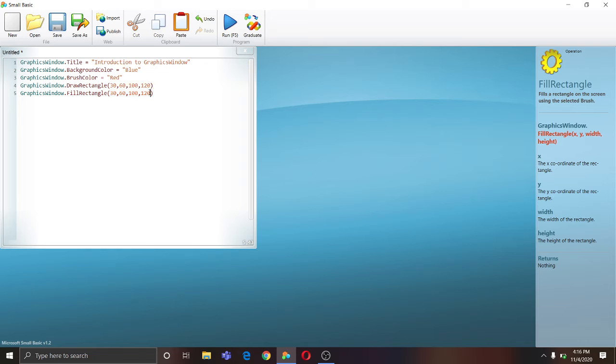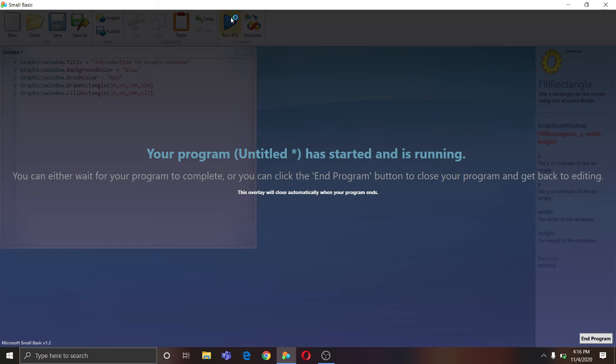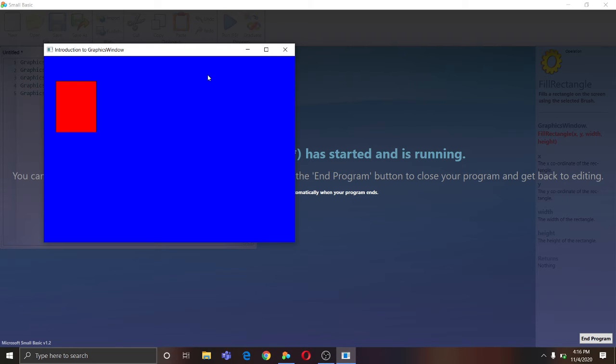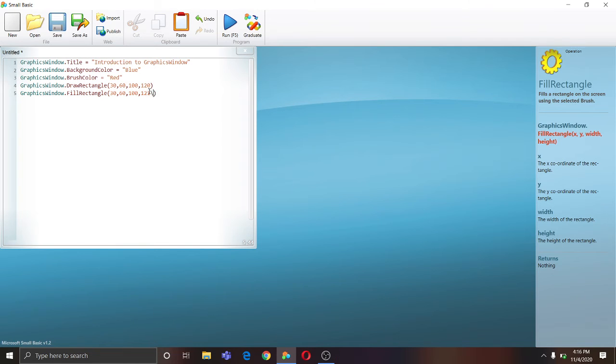For example, if I set the height to 121, as you can see, it is still colored, so it doesn't matter. But to keep it safe, you only use the same values that you took to draw a rectangle.